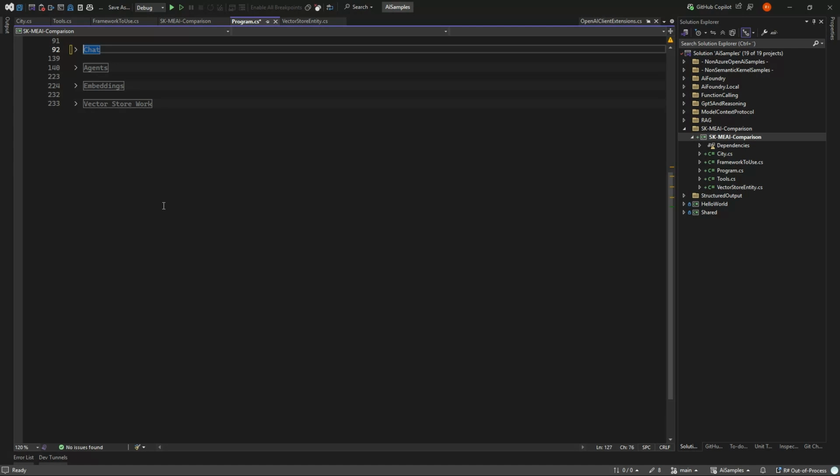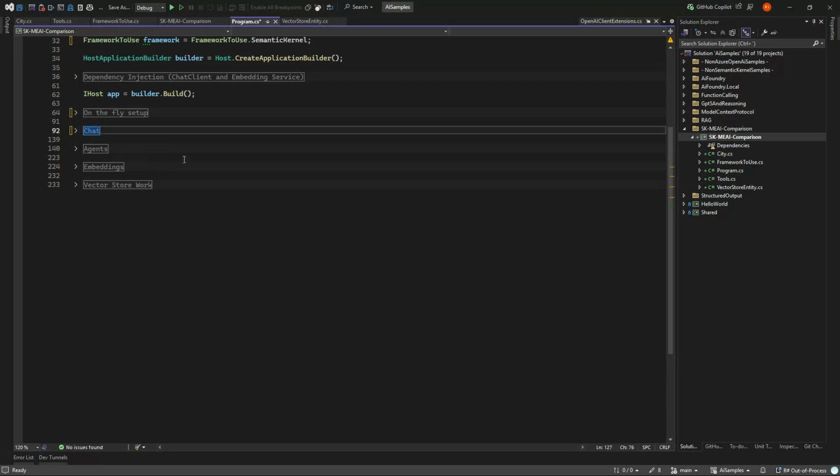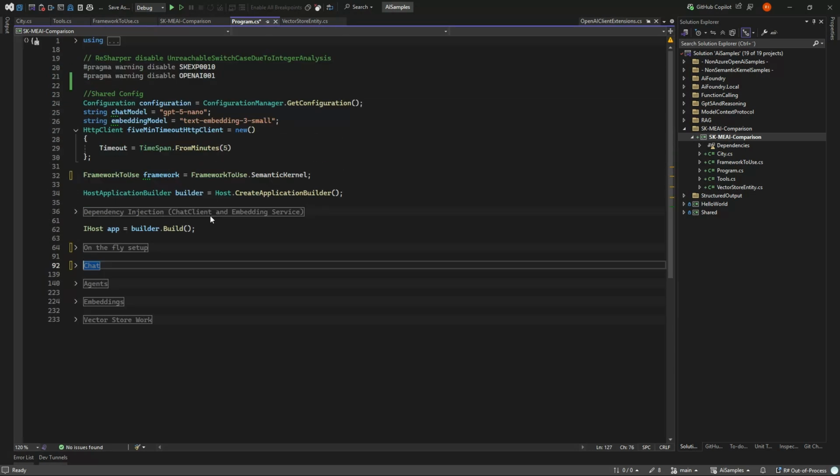So that is everything I wanted to show. The main point here should probably be that there is not that much difference, especially now that Semantic Kernel has chosen Extensions AI as a subset for doing the basic stuff, throwing away their old way of doing things themselves back when there was nothing to build upon. But now, once they have that, it doesn't really matter which of them you use, except if you want to do more advanced stuff with agents, vector stores.